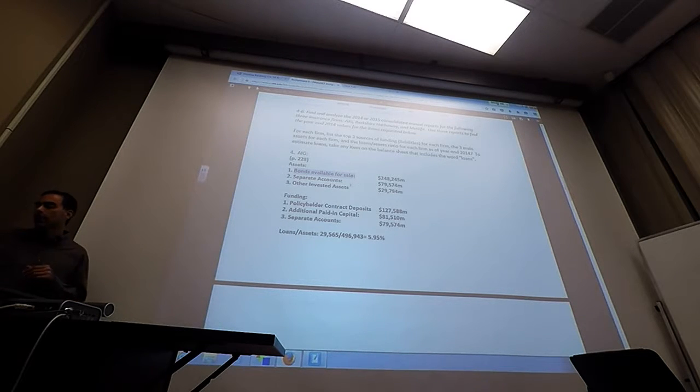Then separately, they have these separate accounts managing money for clients. But almost all that separate account money is basically just going into buying bonds. So that's, again, more lending that they're managing for their clients. And other invested assets are probably mostly bonds and loans. So they're providing financing. They're acting like a big lender out there. And if they were counted as a bank, this would be a pretty big loan portfolio. So they're doing a lot of these bank-like services.